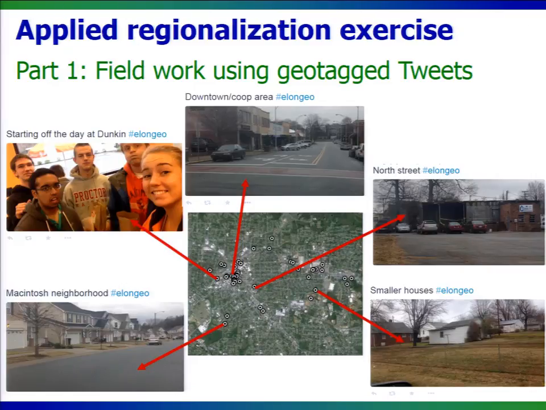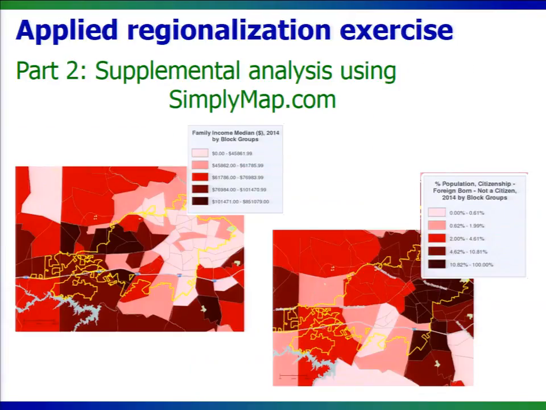So I sat in my office while they're out there in their groups traveling around, looking for visible markers of differences in regions in our particular area. I mean, our commercial districts, different types of residential neighborhoods, and then sort of see it in action. Brought that back into the classroom.